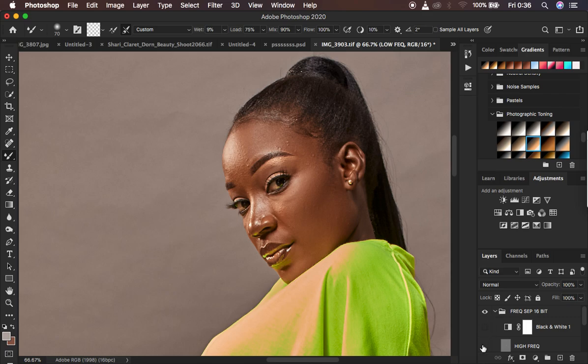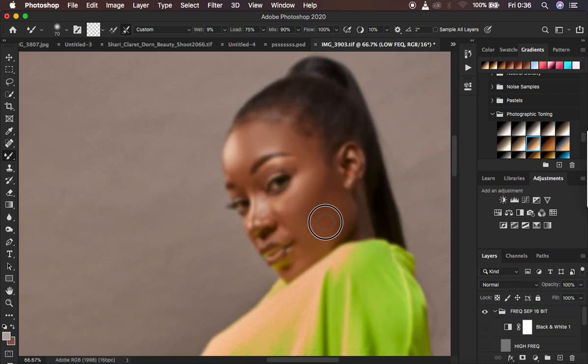So I'm just going to continue evening out the uneven skin tone transition just like that. And for full body portraits, I don't do much when it comes to retouching because it is a full body image. So anyway, you shouldn't do so much unless you just want to be more of a perfectionist. So I'm just going to come and continue evening out the transitions. So I'm basically painting in colors that are close or look alike all over this image. And as I'm painting in those colors, you can see they're now transitioning quite well,